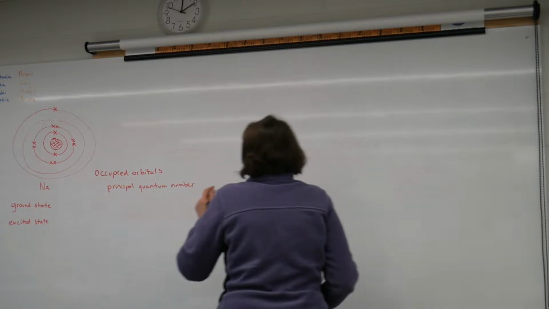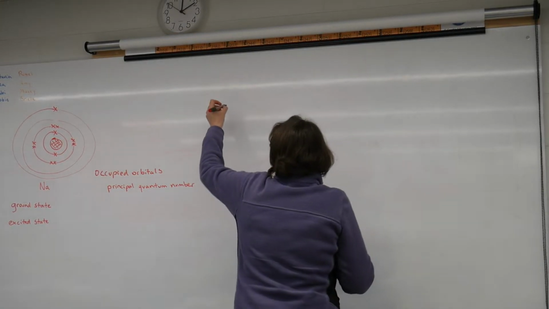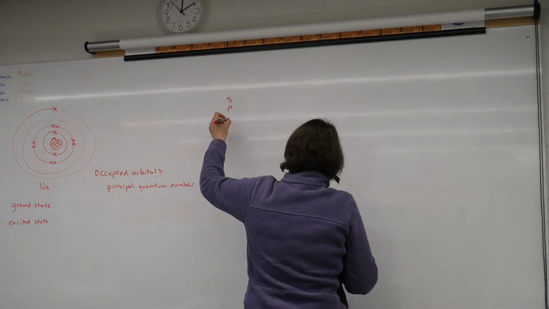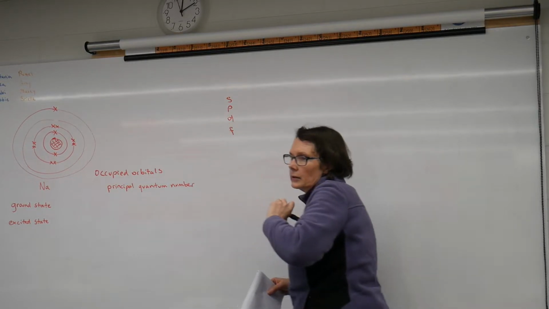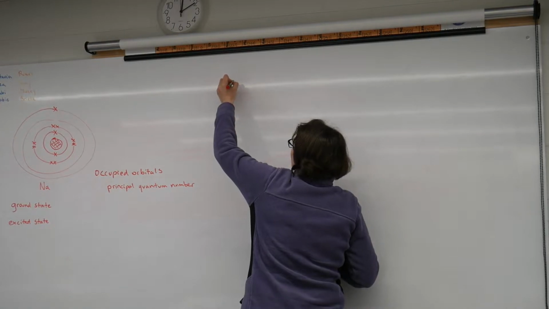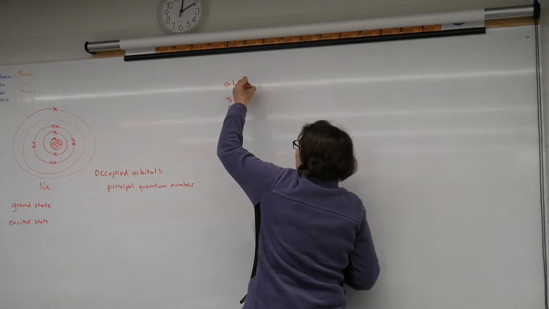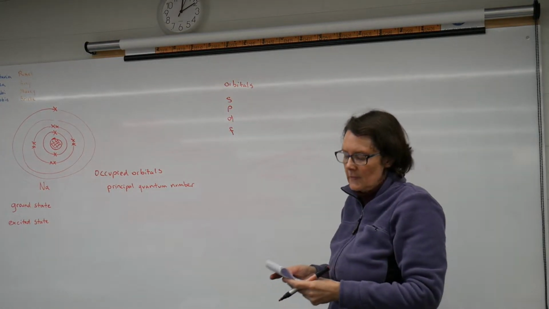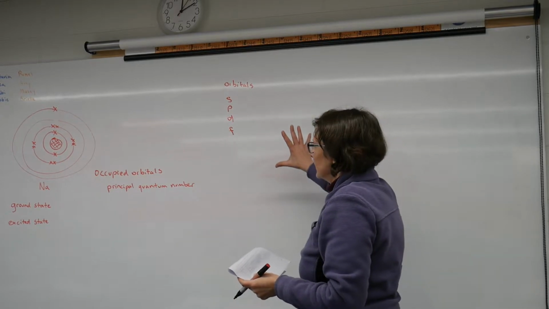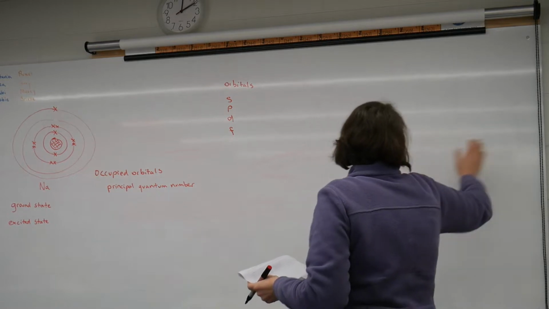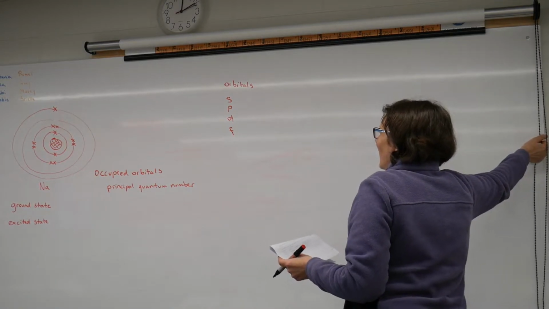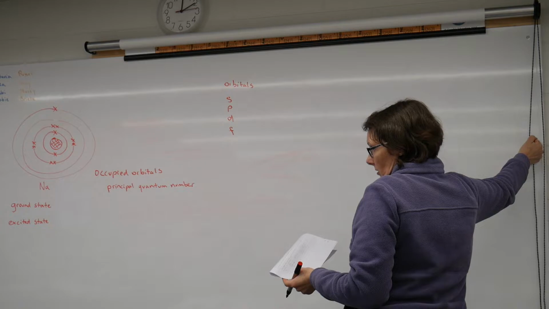What we actually have are these are our orbitals. The orbitals where our valence electrons are positioned,